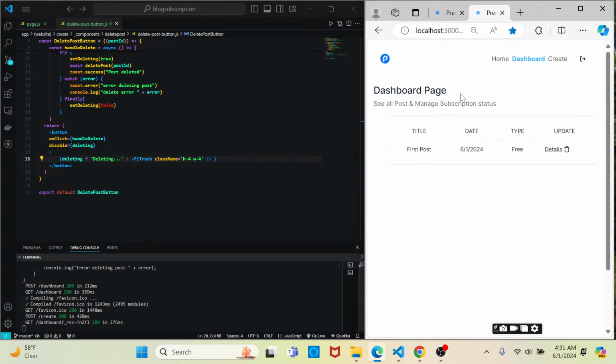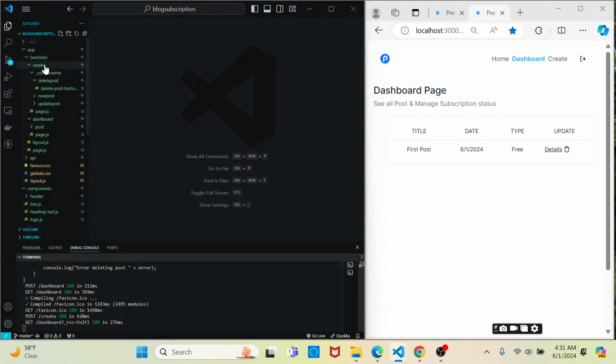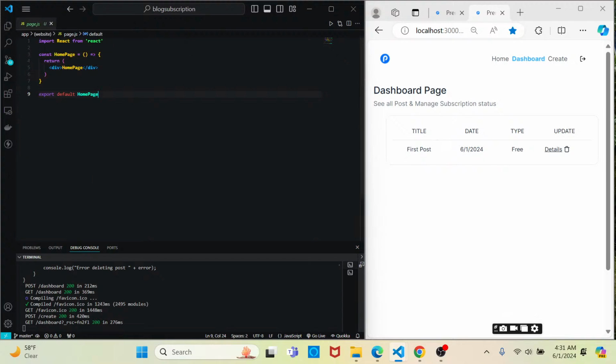Boom, perfect. So now what we want to do is have the ability to display this onto the home screen so that users can begin to see the posts that we have created. So let's go ahead and close out these open files because we shouldn't need them for the time being. Let's close or reorganize some of the folders that are open so it's a little easier to see. And now within the page.js that's inside of the website directory itself,